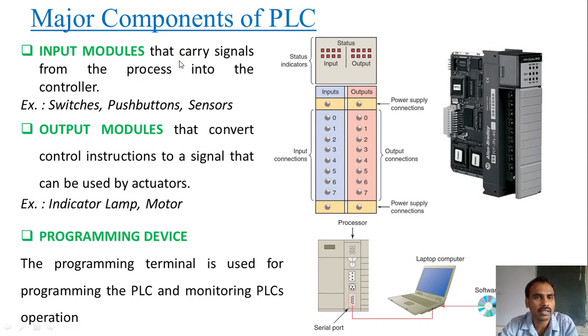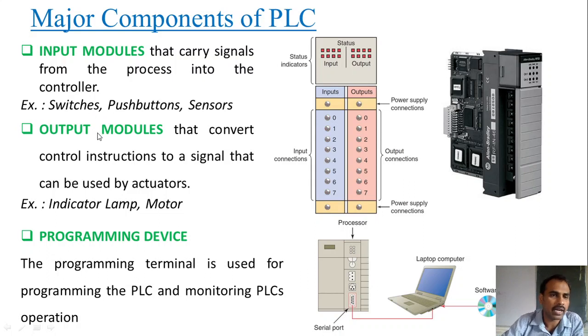Here you can see the input modules will receive the signal from these kinds of things, that is, switches, push buttons, or sensors, and the input module will convert the voltage level for the PLC. Later, an input module will have an isolator when sending the signal to the PLC, so that fluctuation of voltages or the signal will be avoided. So input modules will receive the inputs from devices such as switches, push buttons, or sensors.